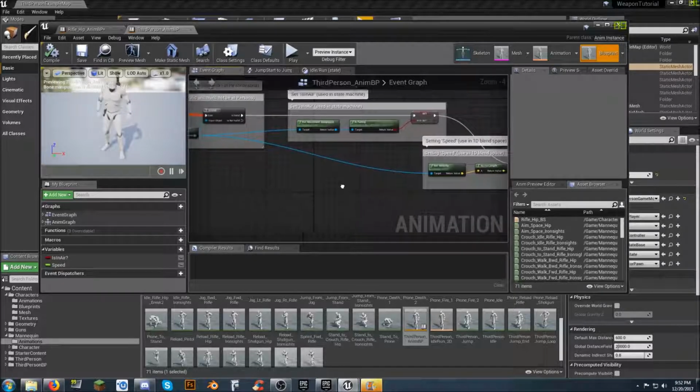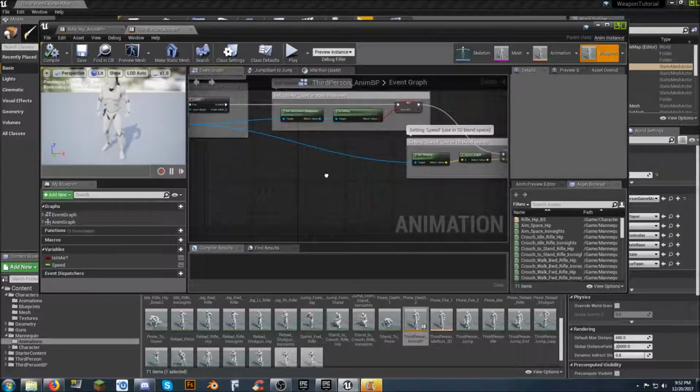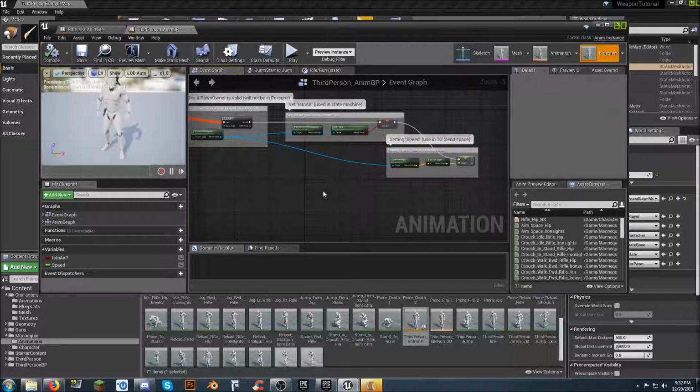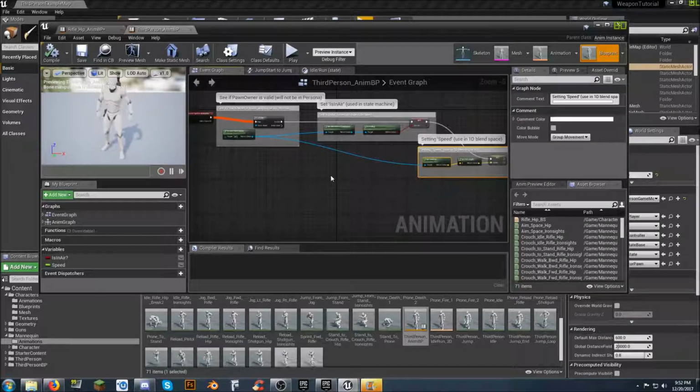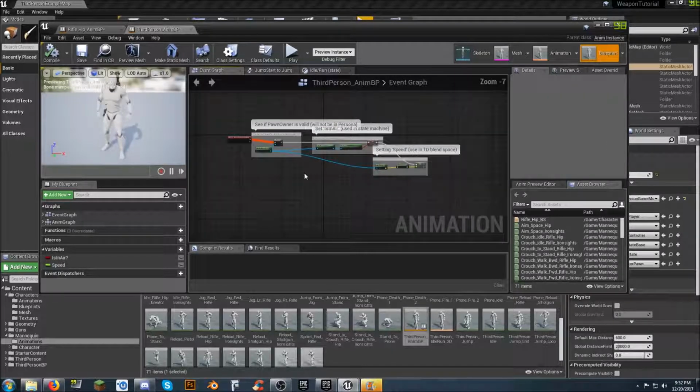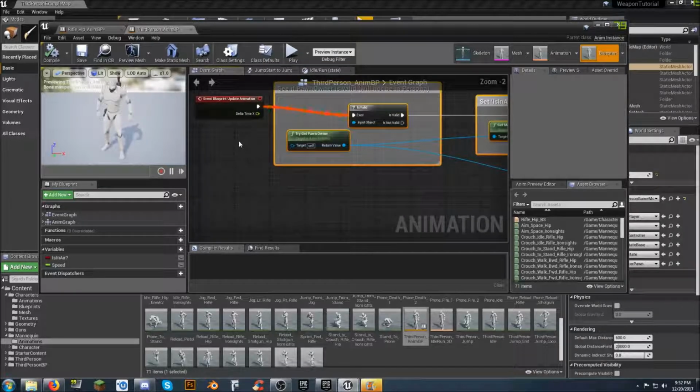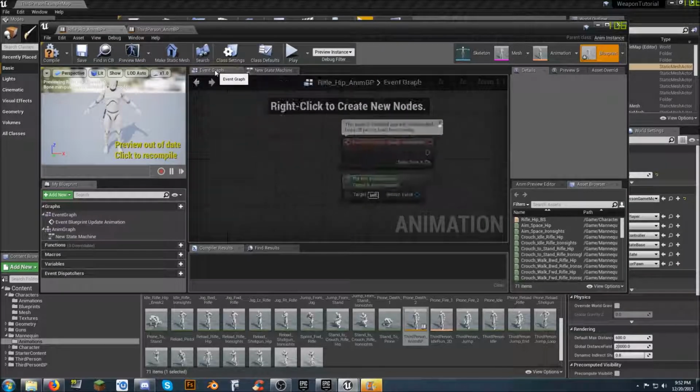See, we have speed, but we don't have direction. What I'll do is I will do the direction portion later. So let's actually, for now, we're going to copy this stuff here. And that comes from the event blueprint update animation. We're going to go here, go to the event graph,